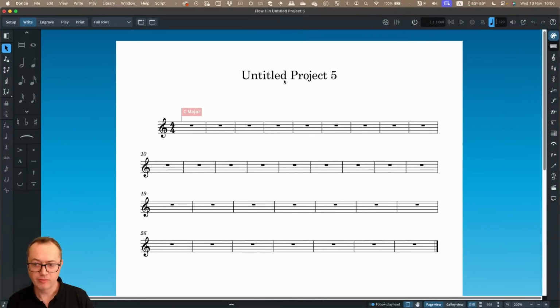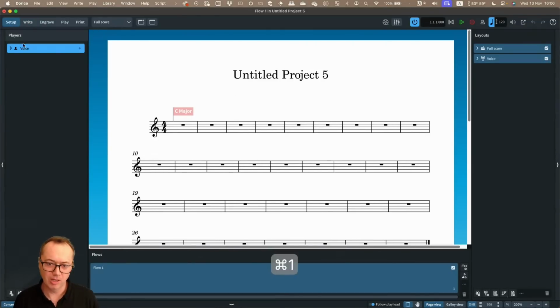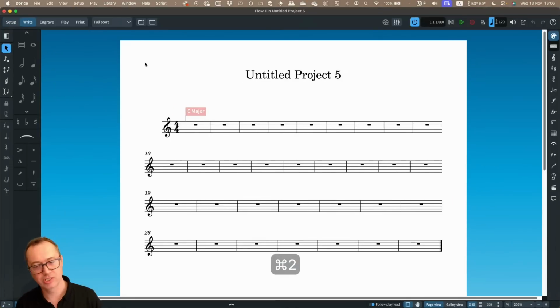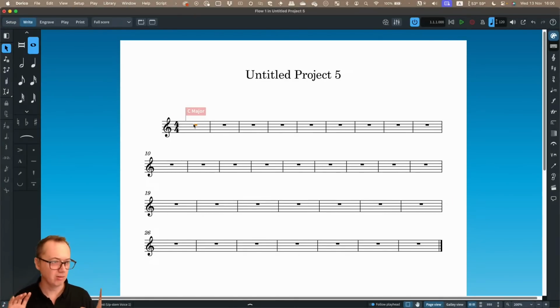So you can see I've been doing a few projects today because mine's on Title Project 5, but that's fine. So I'm going to start, as you probably normally would. You'll kind of go, oh great, we'll jump in setup mode. It's got a voice. We'll look at changing that later, and you'll probably instantly jump into doing some note input. So let's do a quick bit of that just to get that bit out of the way, and then we